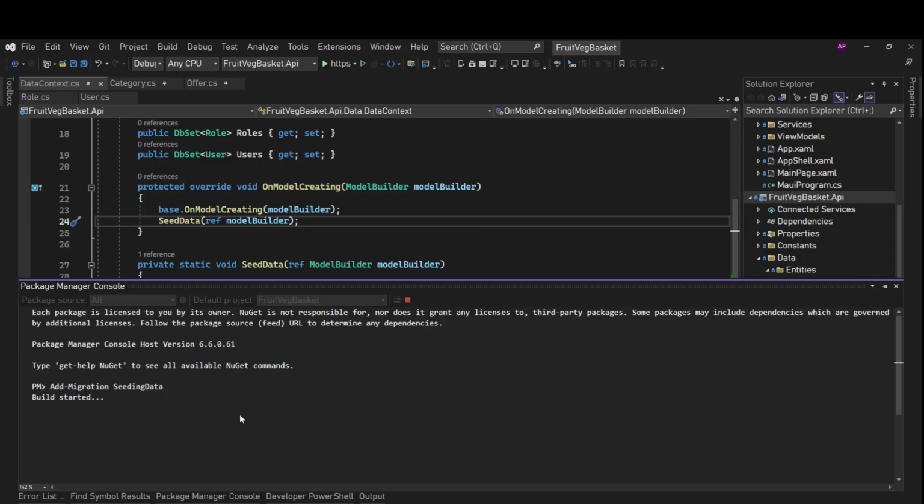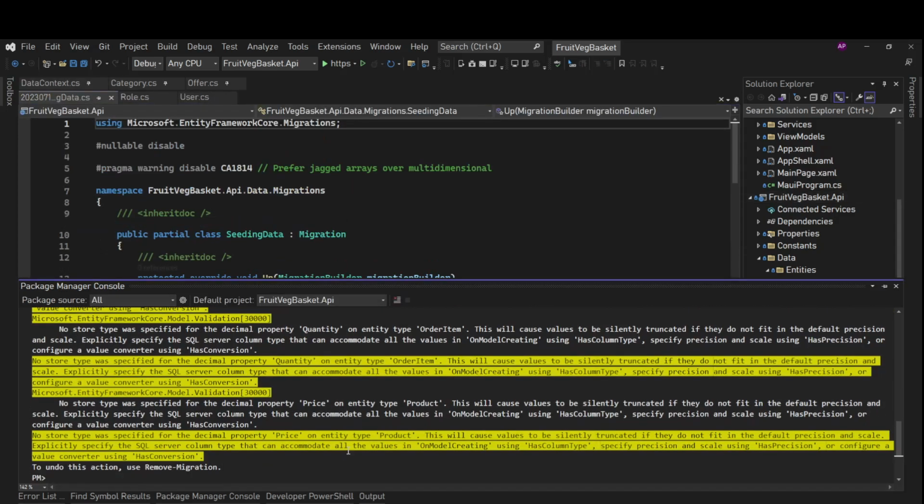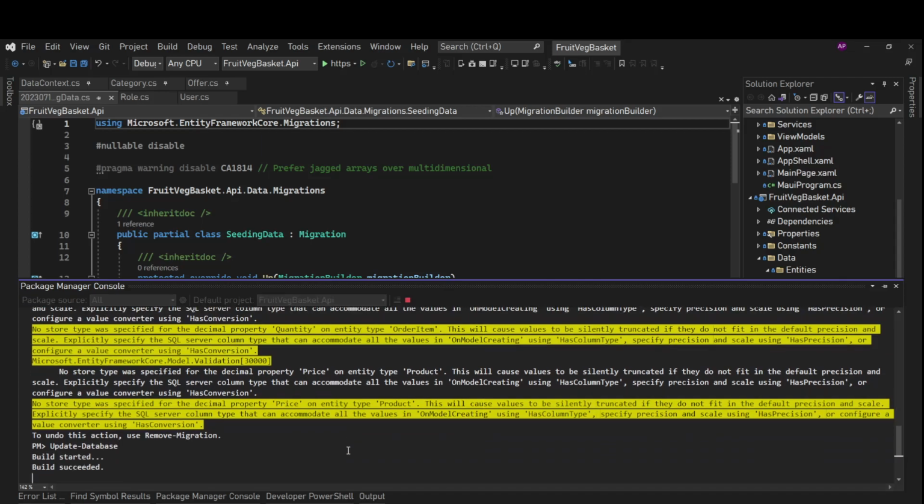It is frozen, so let's wait for it to error out. Fine, we can see the error. Now let's set it to API, add migration seeding data, and now we'll update database.